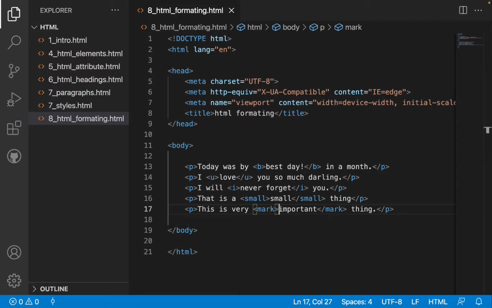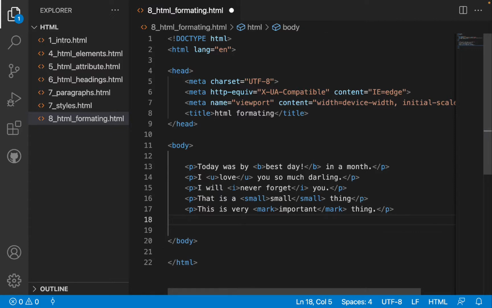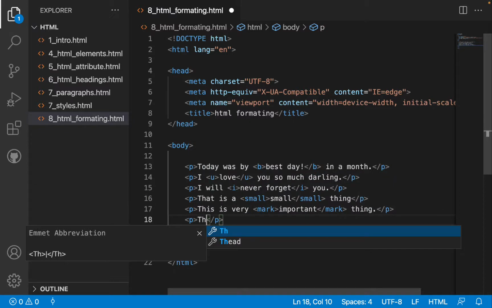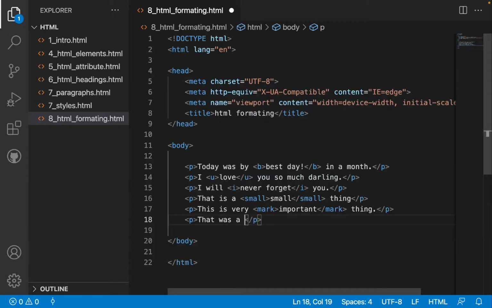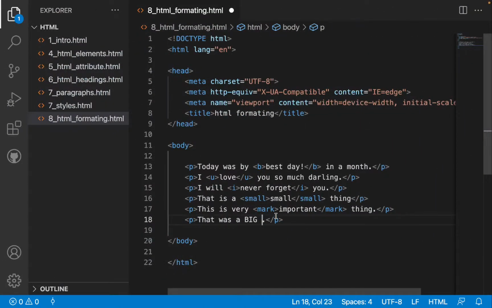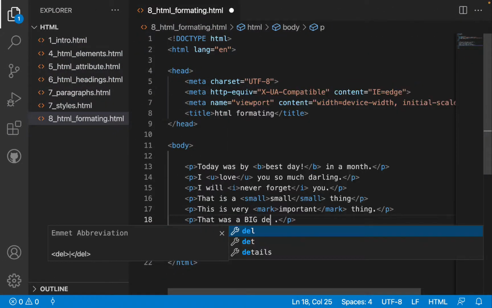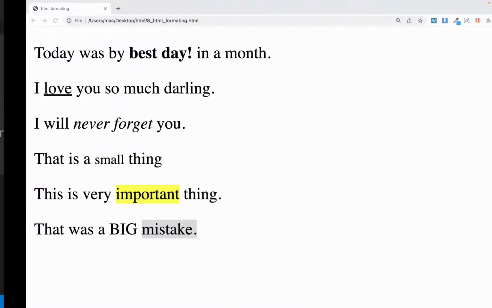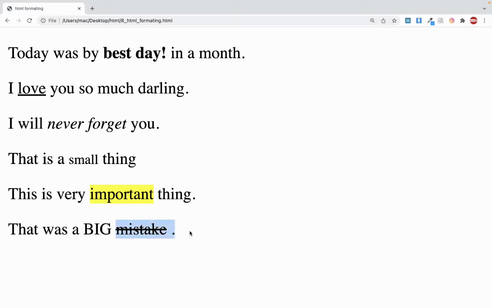There are some more tags, like delete. We can call it, as well, insert. If you want to delete something, to show that something is crossed out, you can simply say, "that was a big mistake." So if I want to cross the word mistake, what will I do? I just simply surround it with a tag called del. It's like deleted, right? So if I come and refresh, you can see the word mistake has been crossed. So that's how we format HTML